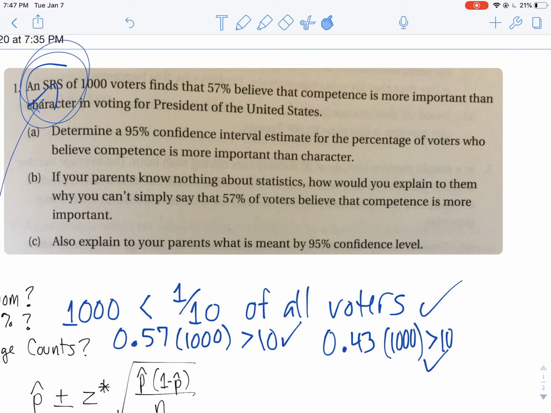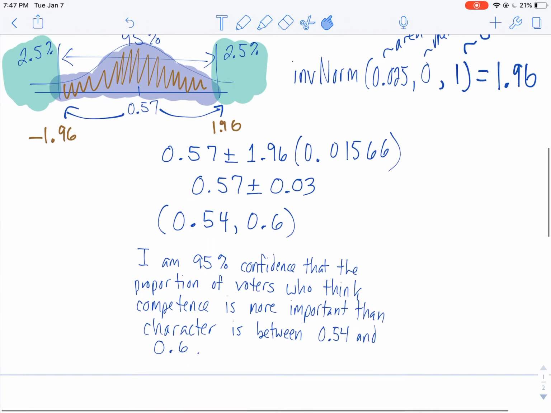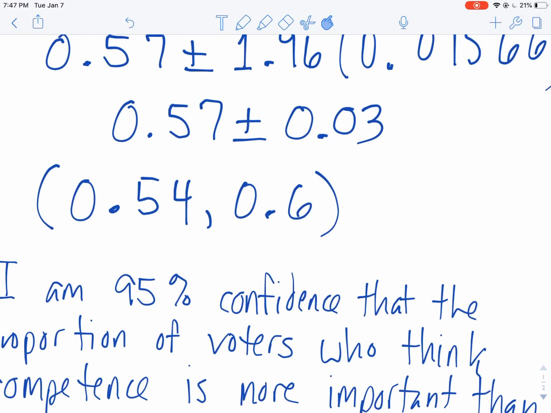We can make an inference about our parameter, but we can't say that this is our parameter. It could be. There is a possibility. With it, 57% is in that confidence interval. It's between these two values. It is possible that we did capture that true parameter, but it's also possible we didn't.